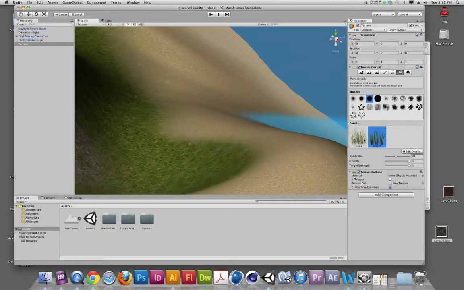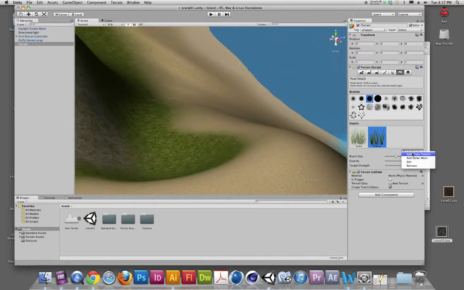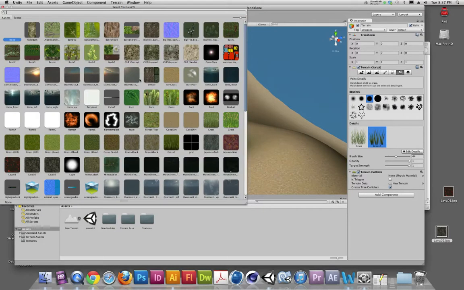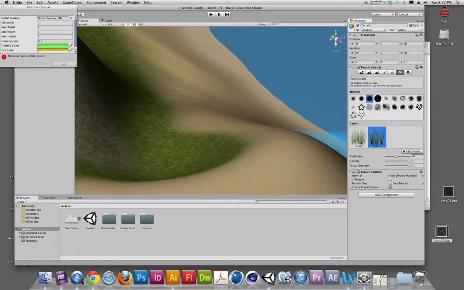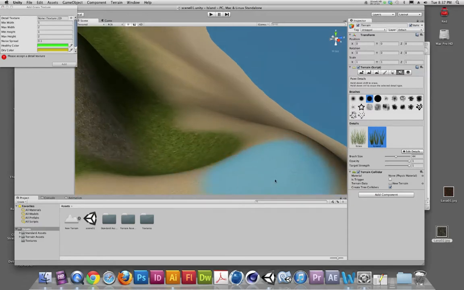Okay, so for some reason I couldn't get the grass texture to work, so I went back in and chose grass 2 texture. So I just went to edit, add grass texture. And instead of using this first grass texture, I chose grass 2. I'm not quite sure why the grass texture wouldn't work, but I won't let that slow me down. I'll continue to move forward and I'll select this grass 2 texture, and as I click and paint,